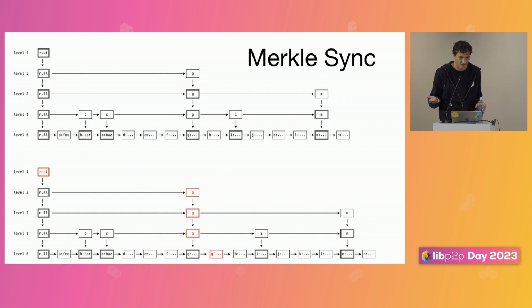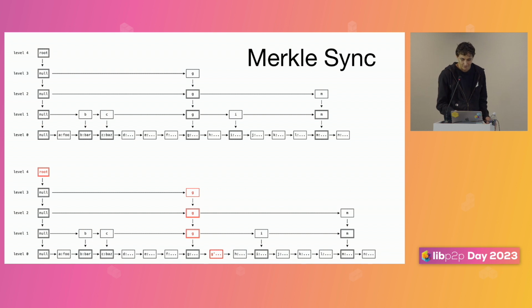It's really just depth first traversal. So they first exchange root nodes, and if their hashes match, then since Prolly trees are deterministic, they know that their entire database contents are exactly the same. So they exit early. If they don't match, then they go a level down, and Bob sends Alice his level 3 nodes, so the 2 children of his root. And then Alice looks at those, and any of the hashes at that level that match, she can just skip because she knows that all of the children of that node are going to be the same between the two as well. And any that don't match, then they recurse into that. So it's like a depth-first traversal that skips common subtrees.